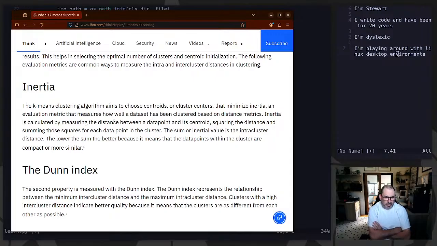The Dunn index represents the relationship between clusters with high